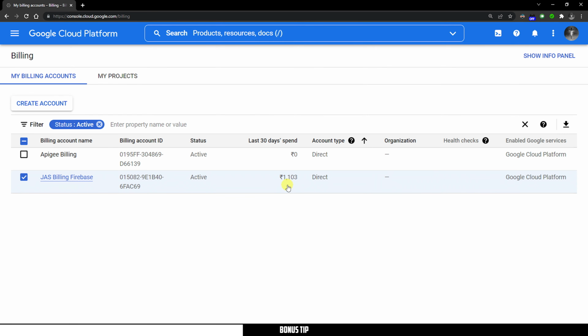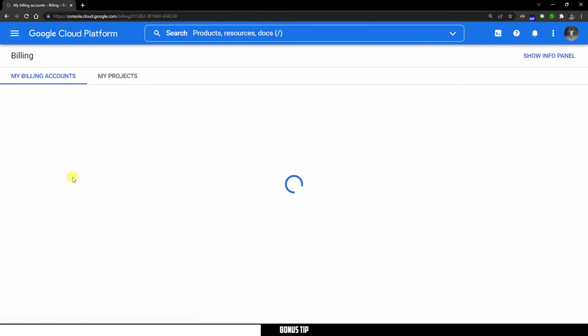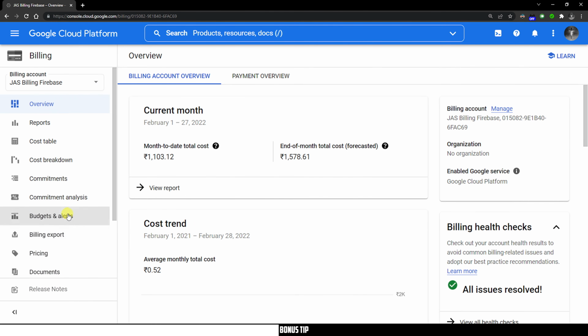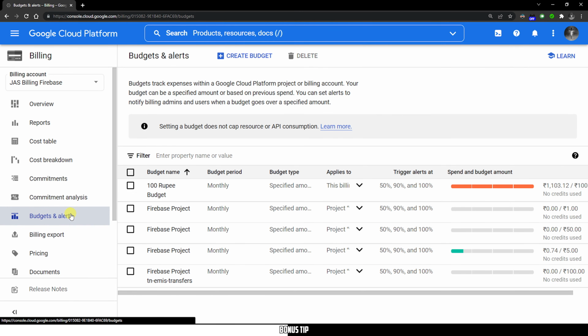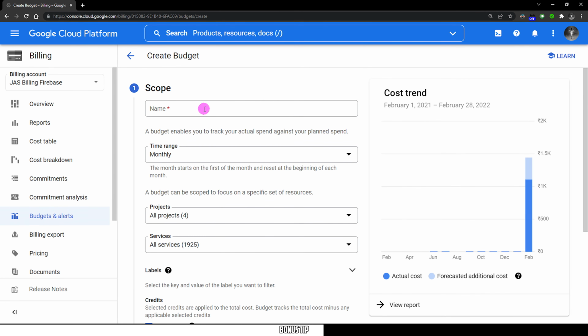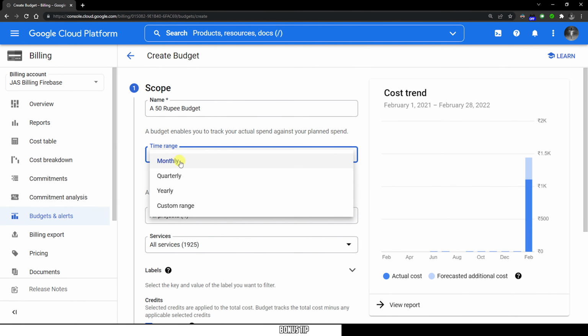Head to console.cloud.google.com/billing, then choose the billing account for which you need to set up the budget alert. Click on budgets and alerts on the left pane. You will see your existing budget alerts, if any. You can see that I have some budget alerts set up which I actually created after the incident. To create a new budget alert, click on create budget on top. Give it a meaningful name, something like a 100 rupee budget or a 50 rupee budget, and then choose the time range